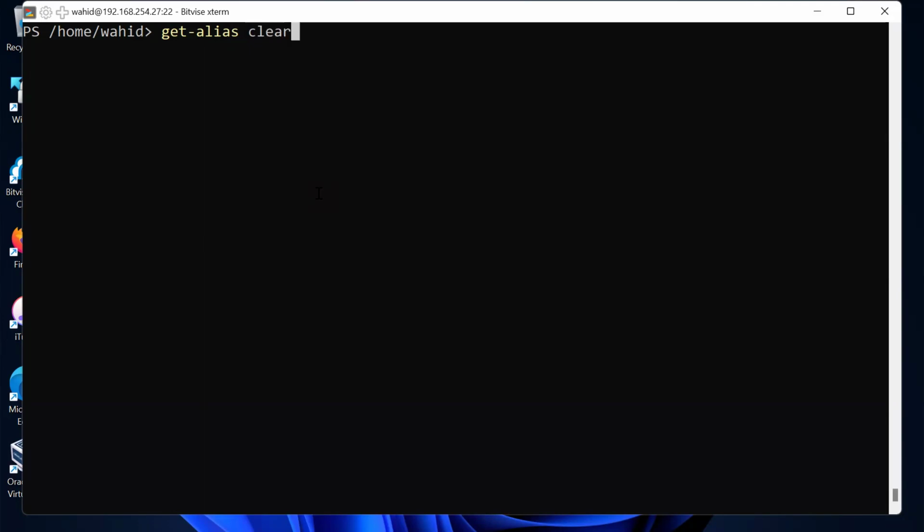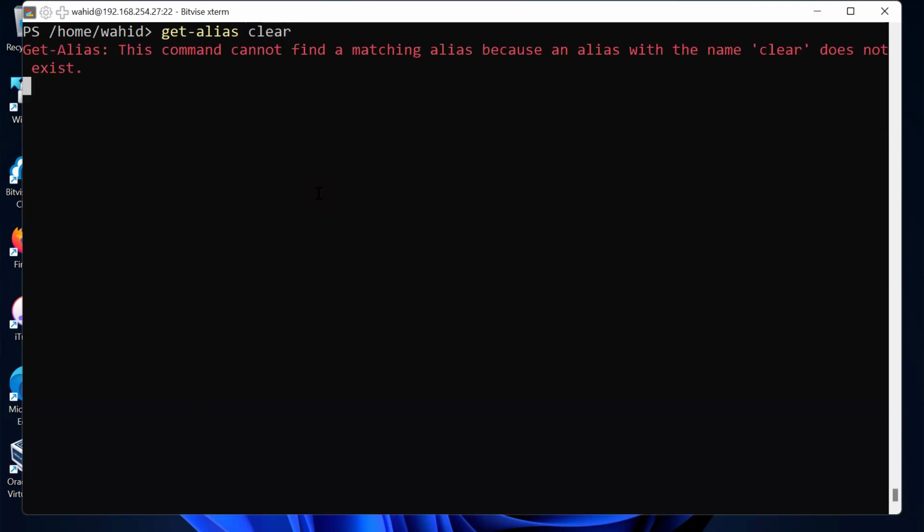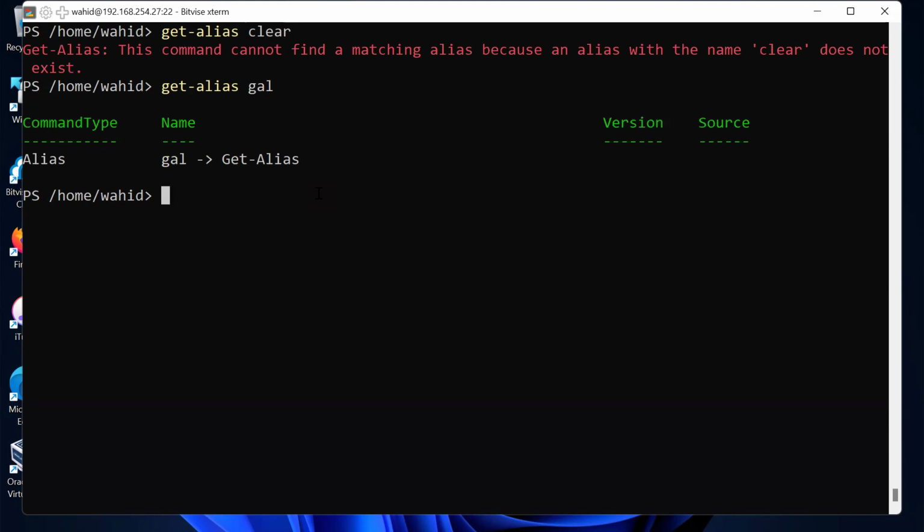Clear is a Linux command, so the alias is not assigned to anything. But if you say get-alias and then gal, then that is the alias, right? Similarly, if I say get-alias, let's say another command like